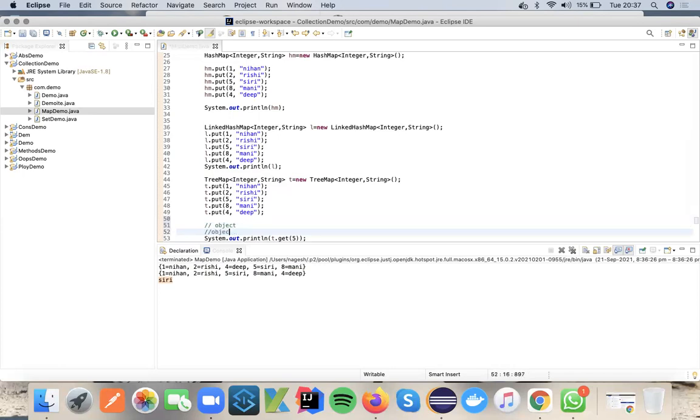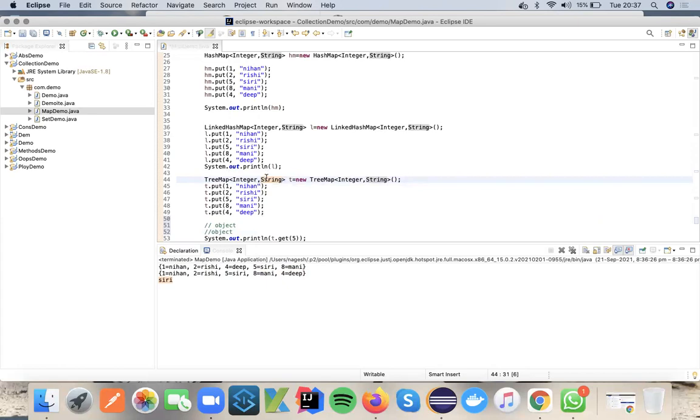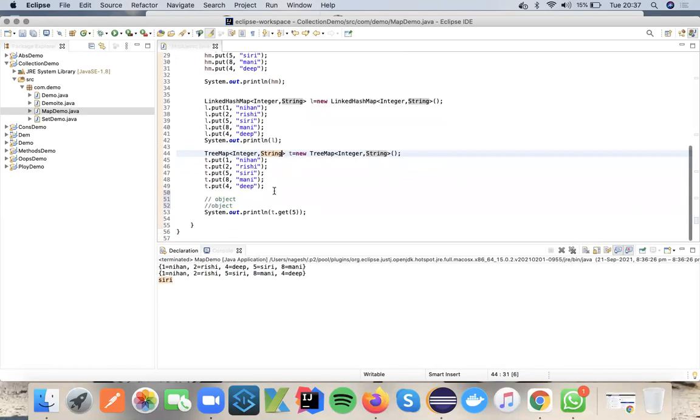We don't know what it will return, because if you declare this is string, it will return string. If you declare this as a character, it will return the character. If you declare this as an integer, it will return the integer. So the only thing we have to understand is, get is the predefined method which will return us the value which is associated with the key. The input that we have to pass is the key, that is an object, and the return type of this get method is an object. Whatever the declaration that you did for the map, it will return the same type of value.